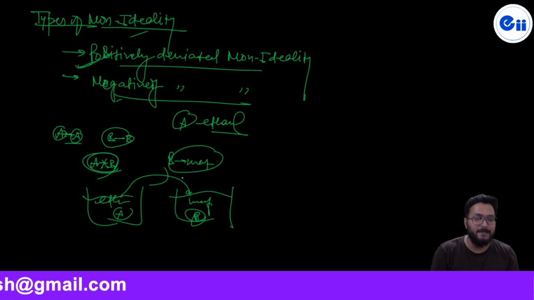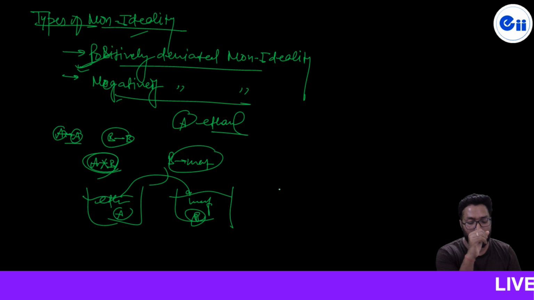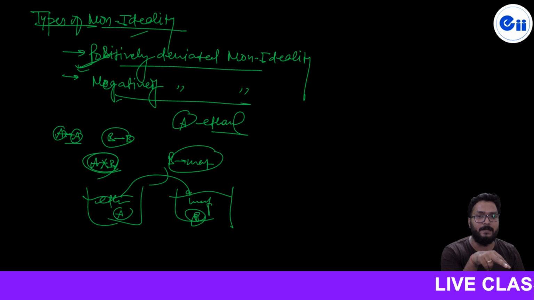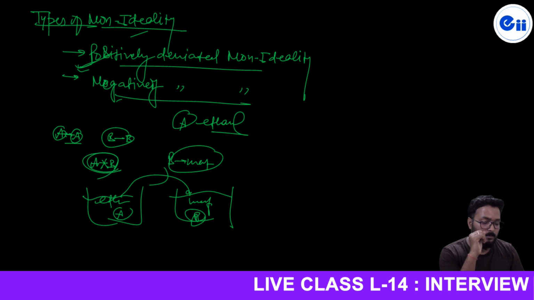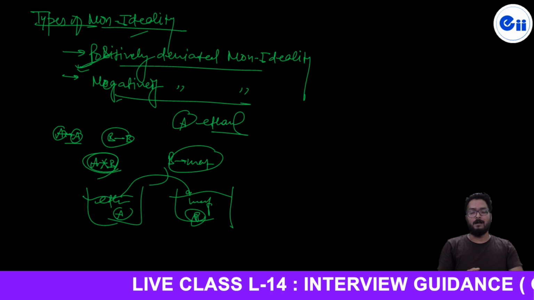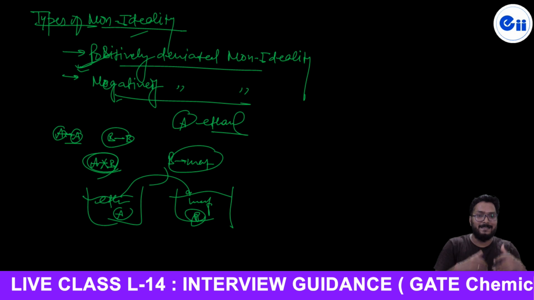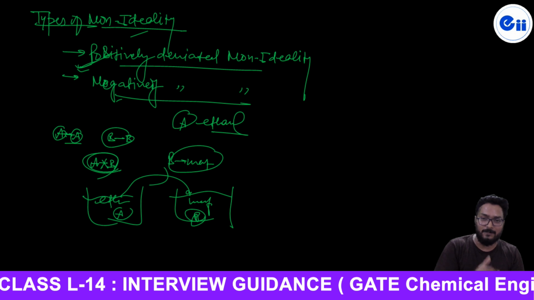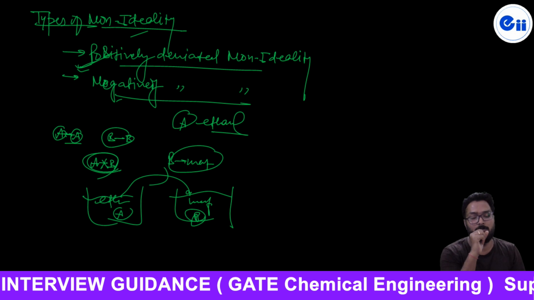And due to this repelling tendency, once again listen, why is positive deviation from ideality most common as compared to negative deviation? The reason is that in positive deviation from ideality, the molecules of A and B repel each other and are more comfortable existing in the vapor phase, and that's why they will exert a vapor pressure more than that in the ideal condition.